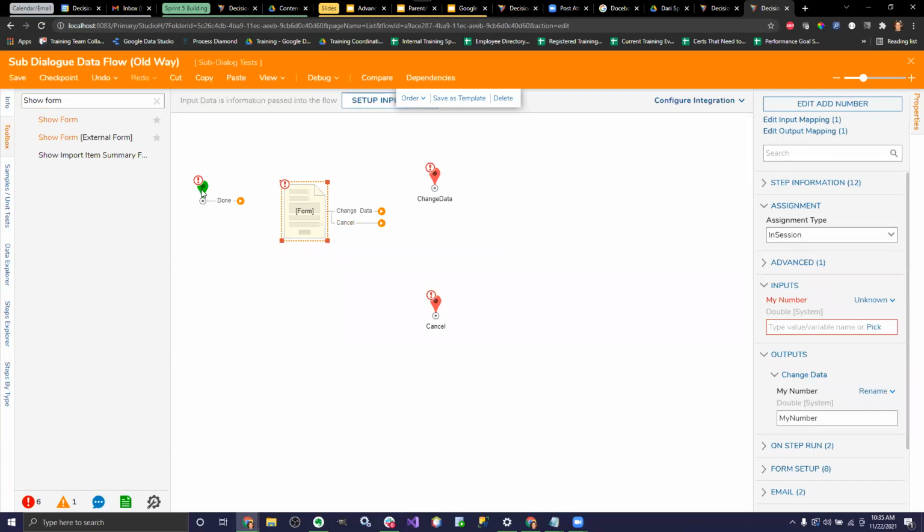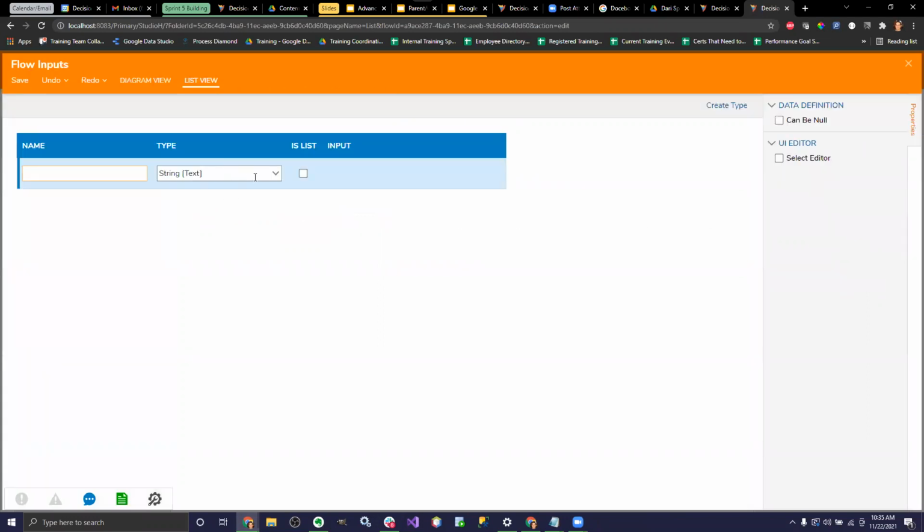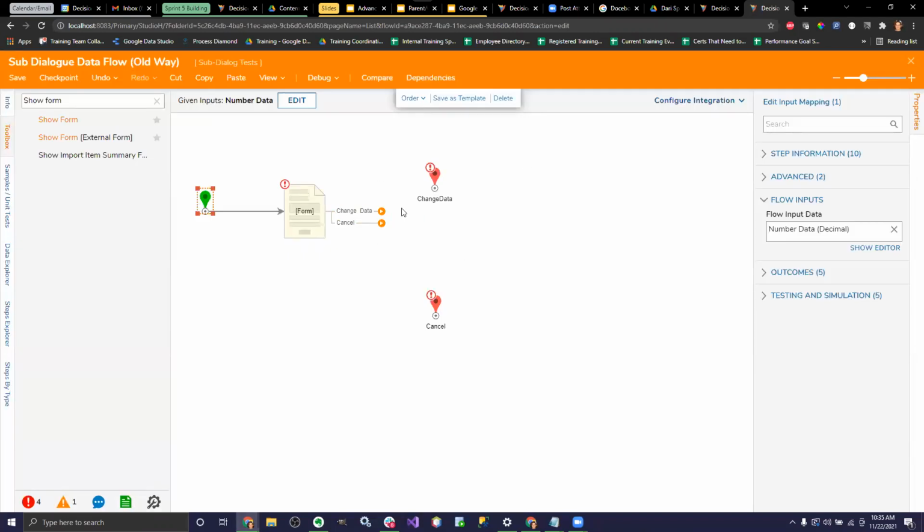All right. So now what's going to happen is I'm going to take in some data. Now, since I'm using a sub-dialog flow, and remember, I want to update the value that's on the parent form that's going to be running, that's going to have this sub-dialog button. So what I need to do is I need to take in a number. So it's going to be decimal, and I'll call this number data, or whatever it is. I forgot what I called it, number data, right? So I'm going to take in that input, and then what I want to do is on the change data,